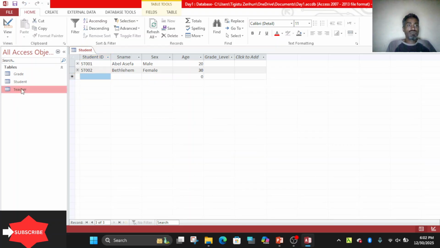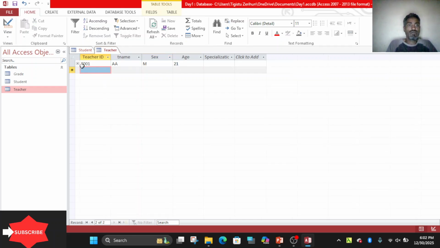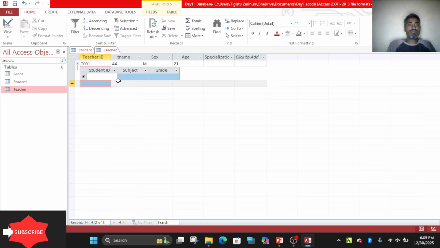The same to in teacher table. When you input something, a relationship sign is displayed here, plus sign. When you click here, it has a relationship with grade table that it will display also here under teacher ID.